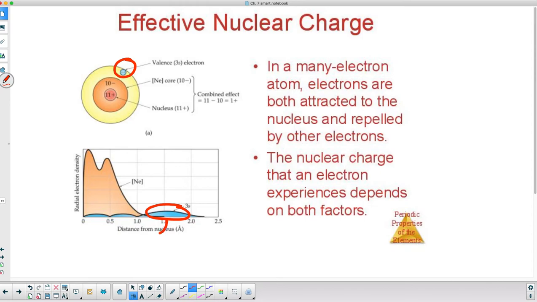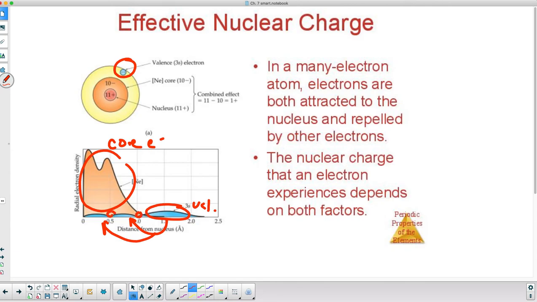But notice that it can spend some time a little bit there, and it can spend some time a little bit there. All the other electrons that are outside, that are part of neon's electron configuration, are called core electrons. And most of the time, the valence electron that's out here spends its time outside the core electrons, but not always. And because of that, there are times that it slips back inside within the core electrons,